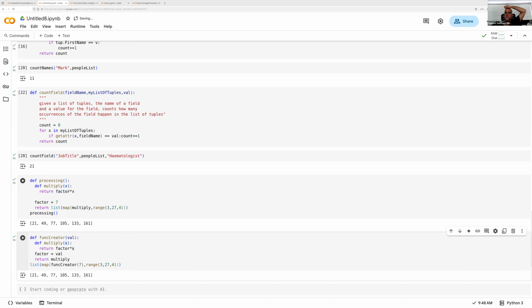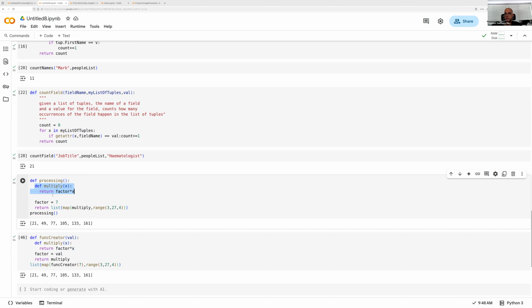Okay. Then what I did was encapsulate the whole processing in one function. I will define the function that will do everything this way, and then have an inner function that will do